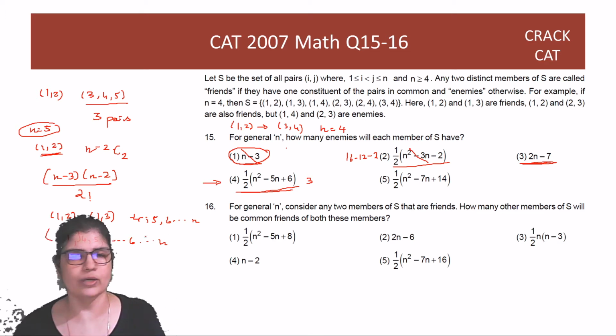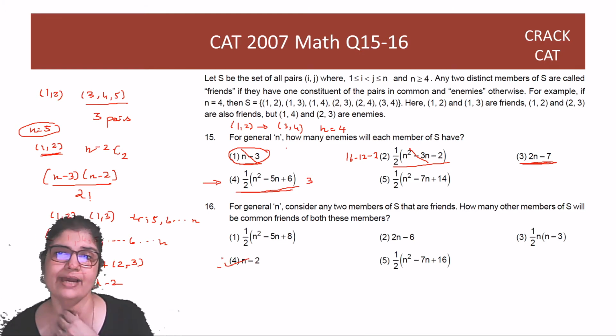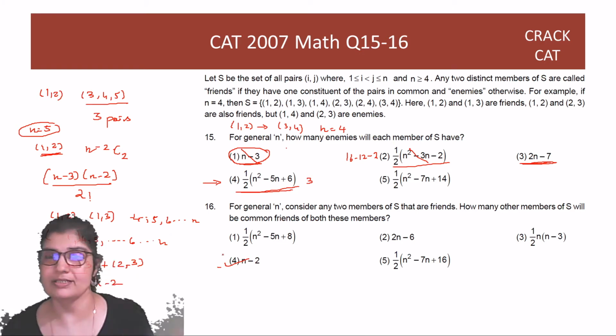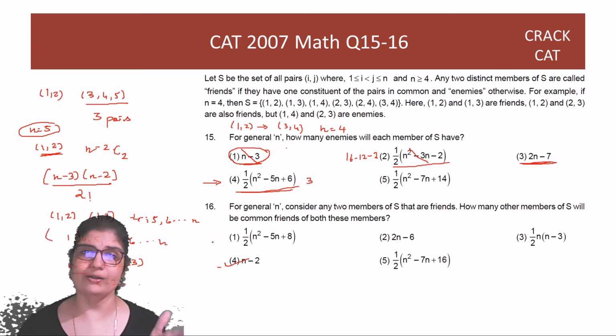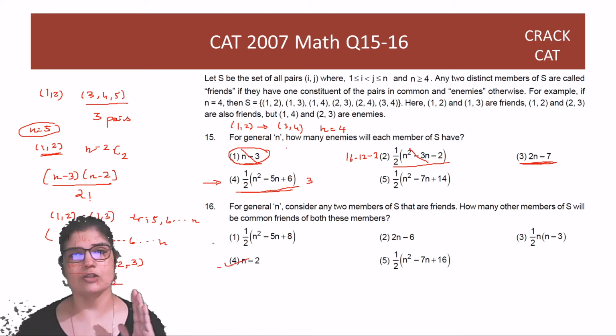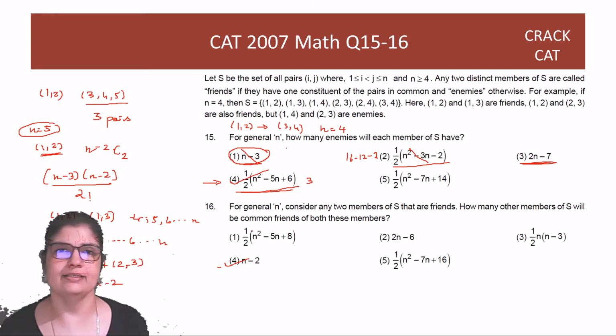Now 1 gone, 2 gone, 3 gone. So here you get n minus 3. And the other pair that can be a common friend is 2, 3. So answer, guys, is going to be n minus 3 plus this one more case. So n minus 2, fourth option, right? So a lot of times you have substituted and we've got results very quickly, but it does not always work, in which case we'll have to fall back to logic, correct? So this is with logic. Your answer for 15th is option 4 and 16th is also option 4, right? Let's go to 17th, 18th.